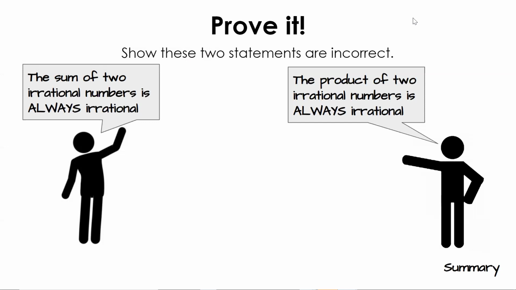So the sum of two irrational numbers. Give me an irrational number. Pi, okay? So pi plus another irrational number. Okay. Let's do like square root of 3, right? So if I added these two together, would this be rational or irrational? Irrational. Okay, now we're trying to prove that these are incorrect, right? So this proves that it's right. But what if we have something like square root